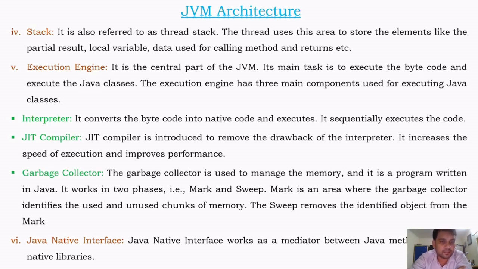Then a garbage collector. The garbage collector is used to manage the memory, and it is a program written in Java. It works in two phases: mark and sweep. Mark is an area where the garbage collector identifies the used and unused chunks of memory. The sweep removes the identified object from the mark. So mark is where the garbage collector identifies the used and unused part of the memory. And the unused part of the memory, or the identified object which we want to remove, is removed using